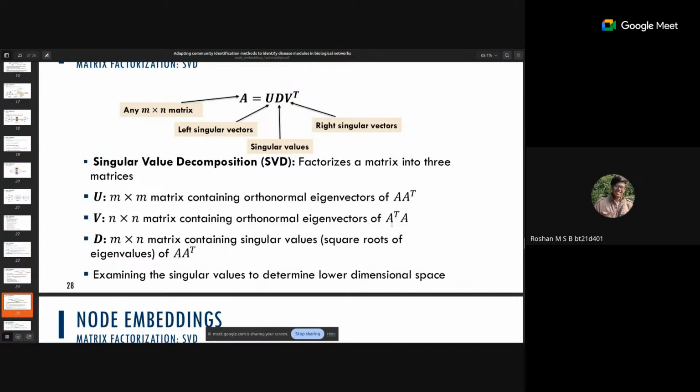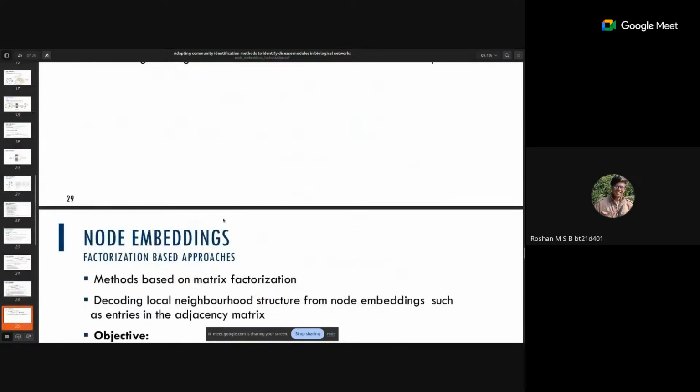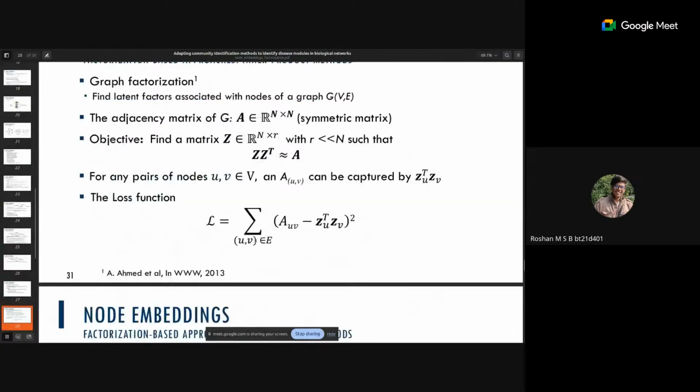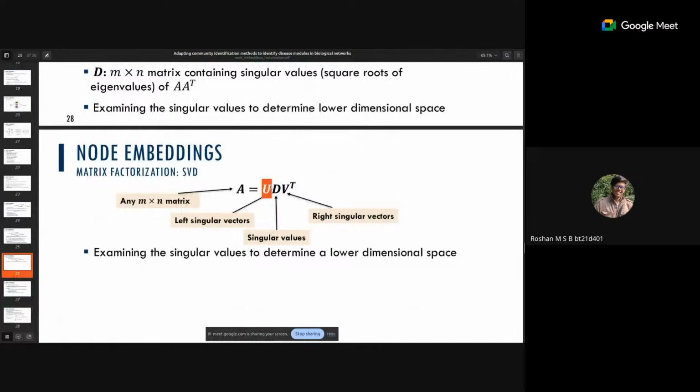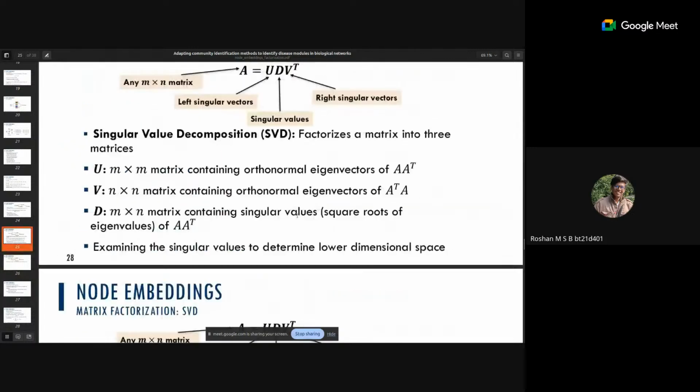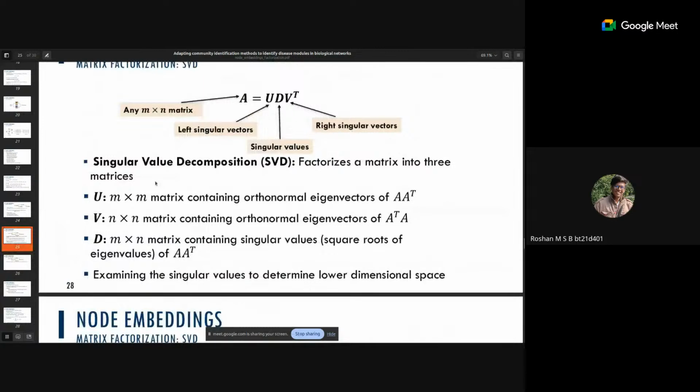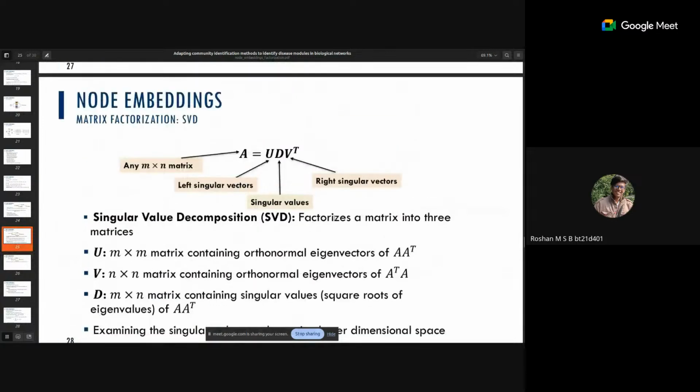After getting these three matrices, how do you actually convert it into a lower dimensional form? Does anyone have any idea how we actually do it? We had learned this earlier, but